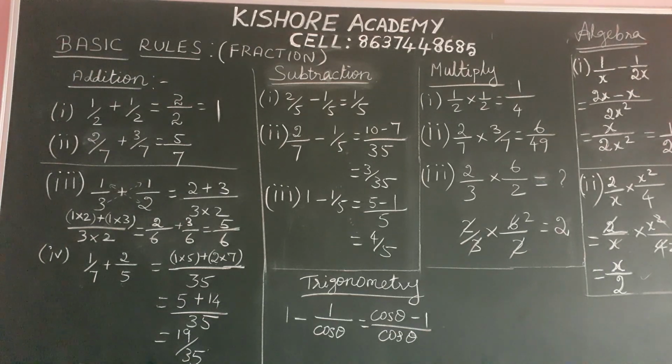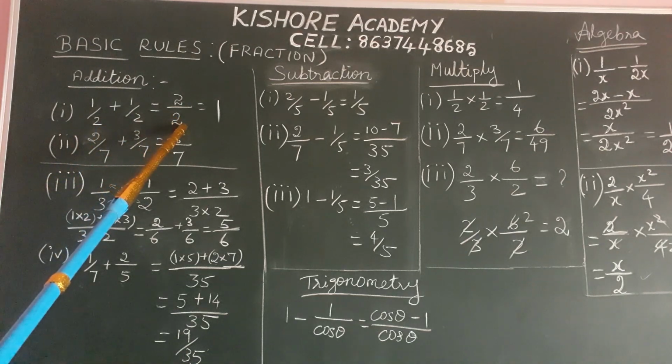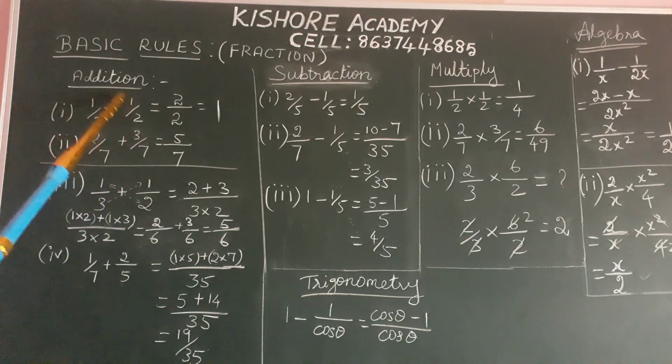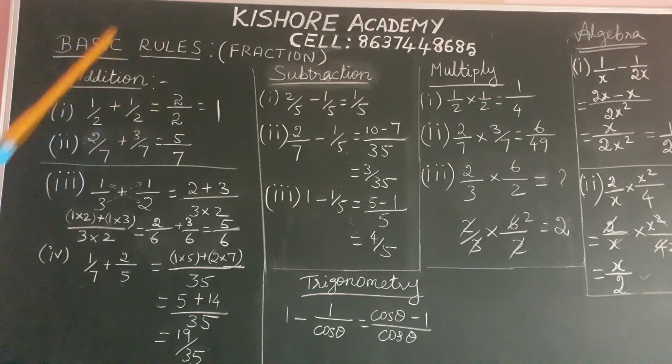Now we will see how to add two fractions. So listen here. The first sum. In a fraction, the upper value is known as numerator and the lower value is known as denominator. First you check whether the denominator values are equal or not equal. Here the values are equal, so write the value as itself. Only add the upper value, the numerator value. So 1 plus 1 is equal to 2. So cancel 2 with 2. So the value is 1.